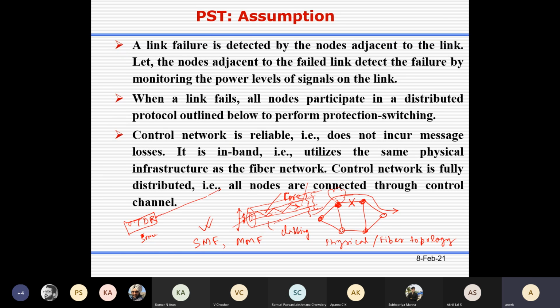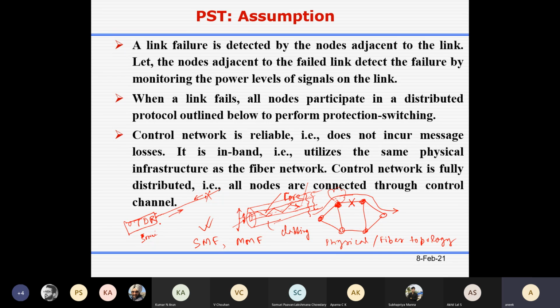Let's say this portion is fiber and there is a cut over here. We send a signal, the signal goes, and wherever there is a cut there will be reflection, because the signal cannot go past the fiber cut. The reflection occurs and the signal comes back to the source. Then, looking at the signal level, this sophisticated instrument can detect how far away the fiber cut has taken place.